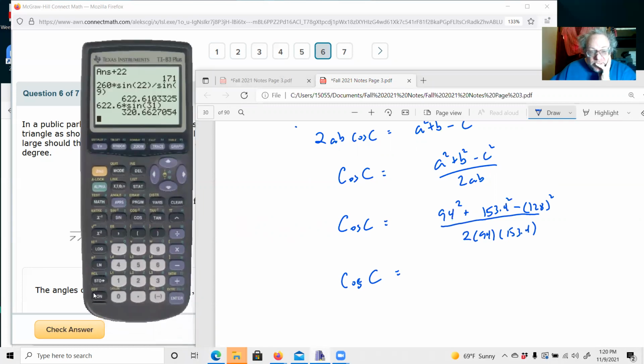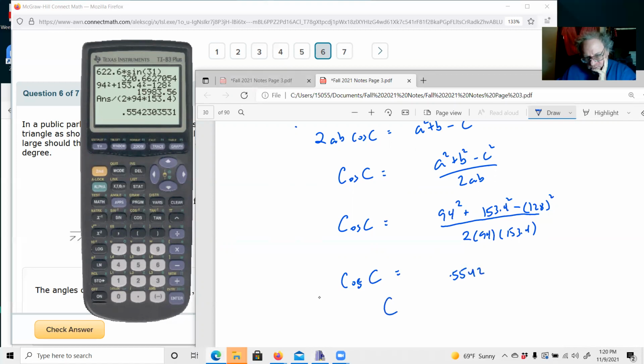Actually, this is a good problem because I'll show you why as soon as we get to part 2 here. So this is 94 squared plus 153.4 squared minus 128 squared, divided by parentheses 2 times 94 times 153.4, equals. Okay, cosine C is equal to